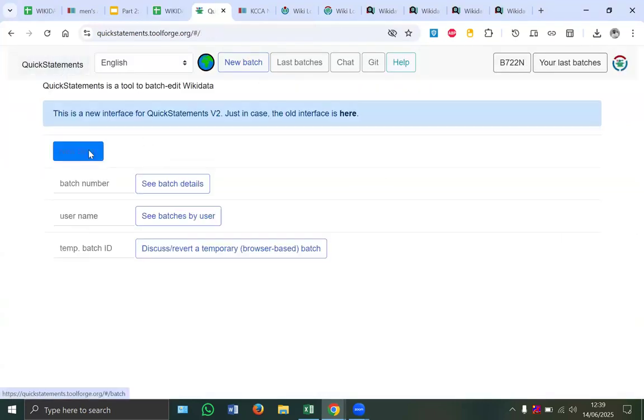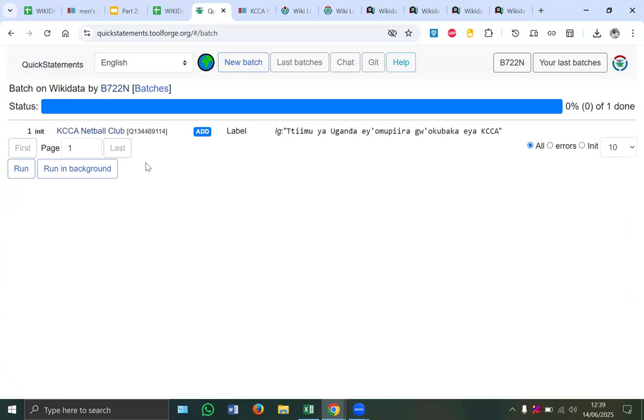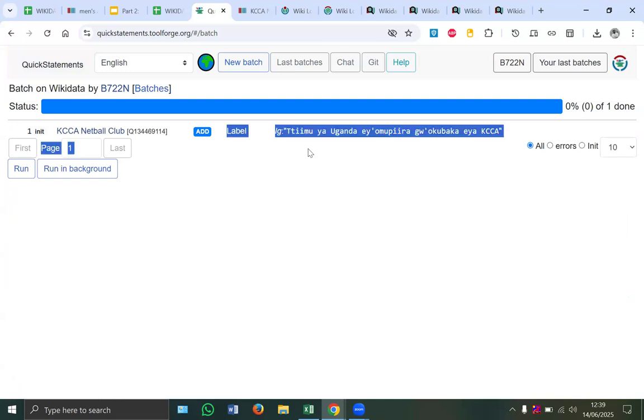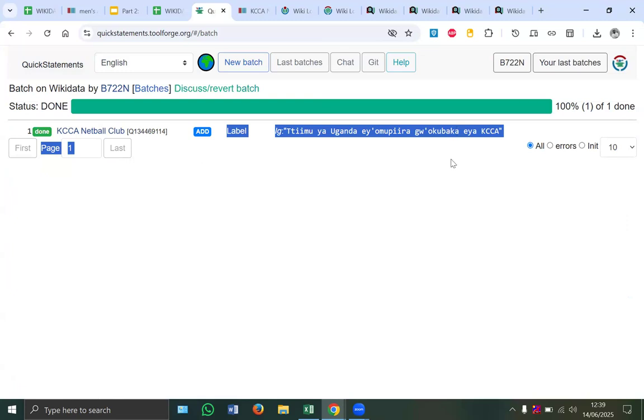We're going to check the label. So I click here. So remove the space, then I click on import. So it is adding a label of KCCA, then I just run the command. So it is done. So there is a discussion or revert batch. So make sure that before you publish,